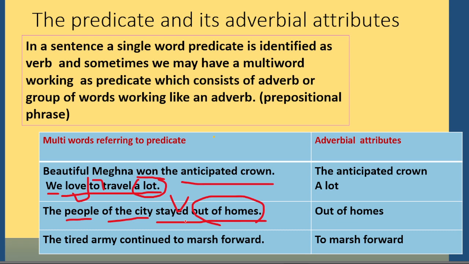If we see in all these sentences, the other words which are working like an adjective, or rather an adverb, are giving us more information about the verb, about the single word predicate